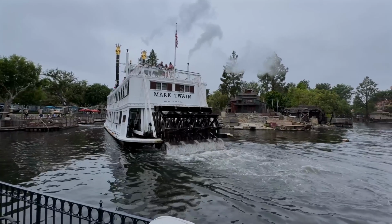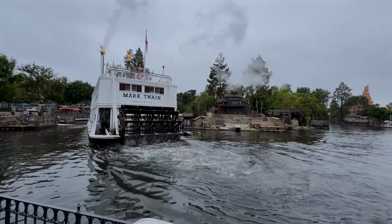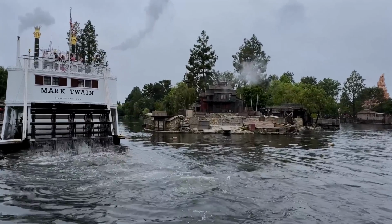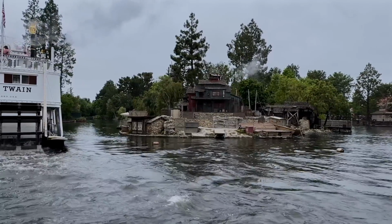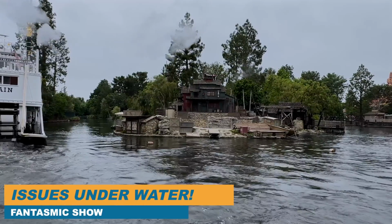Speaking of enjoying things, before we get on the Mark Twain, that right there is the Mark Twain passing in front of Tom Sawyer Island. And you may have heard that they had to cancel a couple of Fantasmic shows. We were trying to see a show that night when it happened. They canceled them at the last minute, and if you were wondering, the issues have to do with what's happening